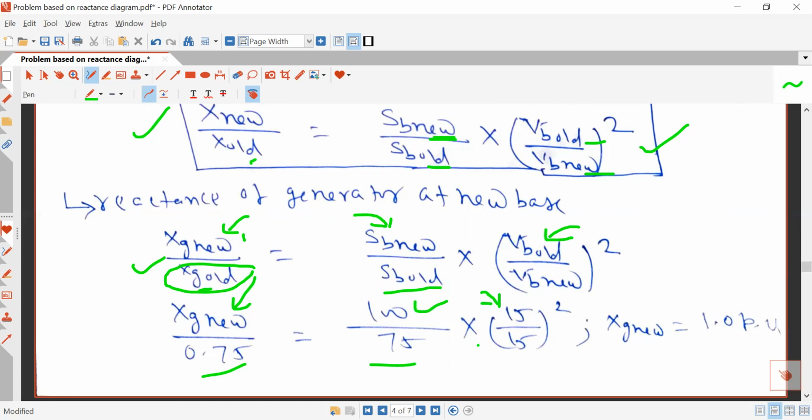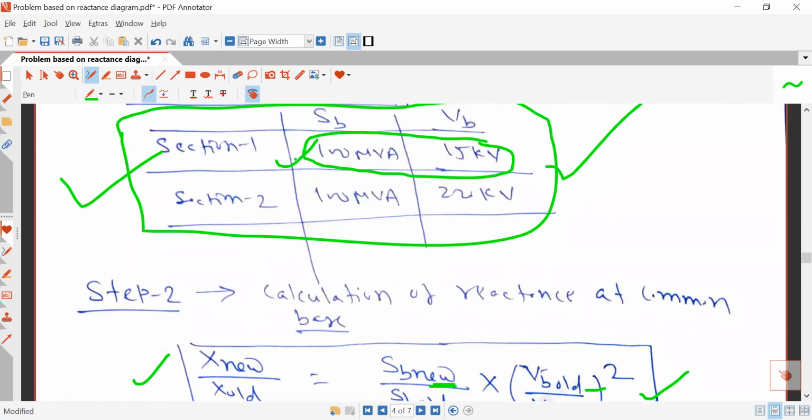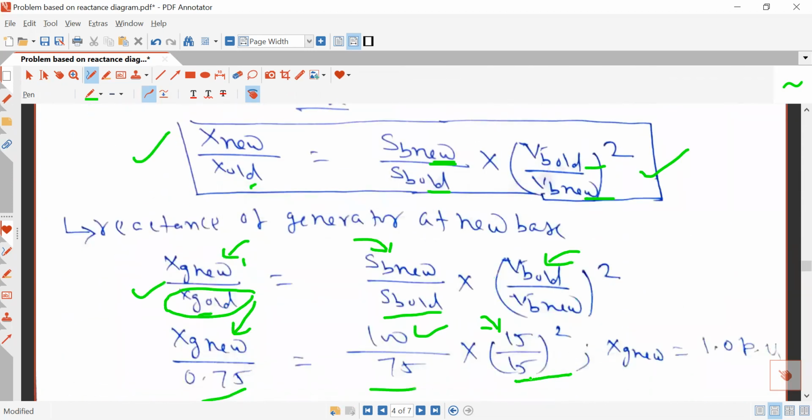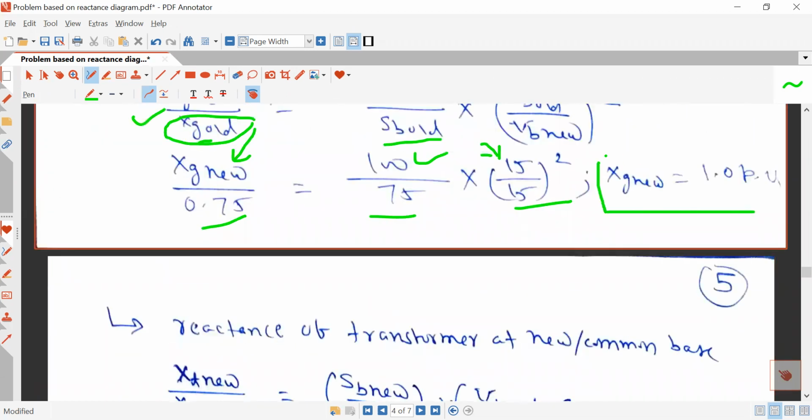The new value is given in this table. The generator is a part of section 1, and for section 1 the base voltage is 15 kV. So in this way you can calculate the reactance of the generator